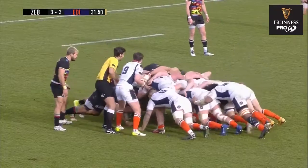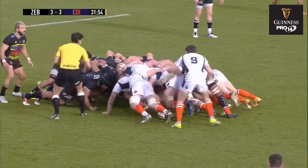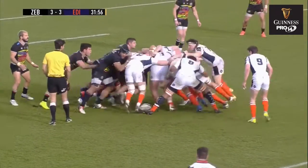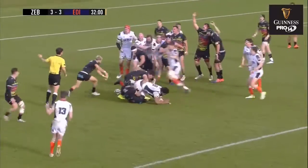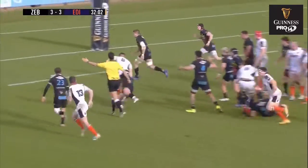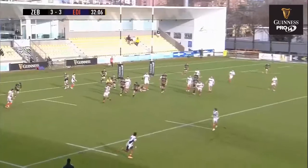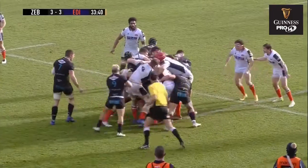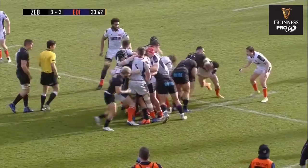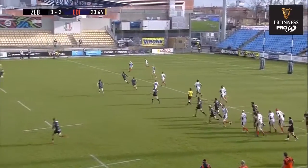Set. Stay. In it goes from Pyrgos, and not surprisingly it's been held in, and Mata eventually gets a hold of it when there was no penalty coming. Now the advantage goes Edinburgh's way, and Kana, Edinburgh in and around it, and so far the referee is happy that it's legal, and Edinburgh somehow come up with